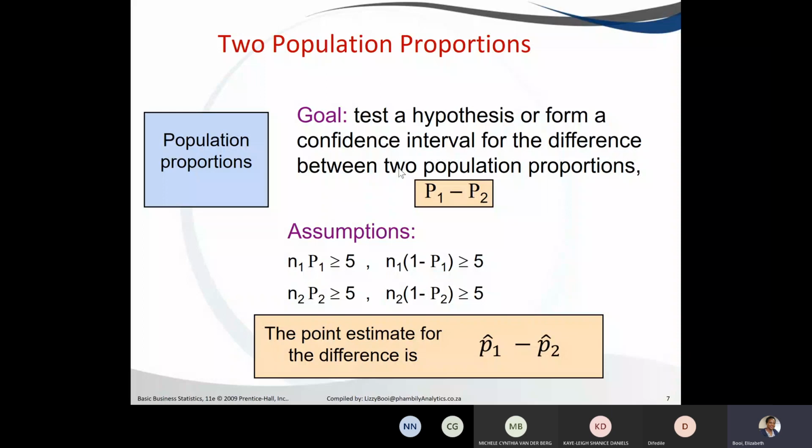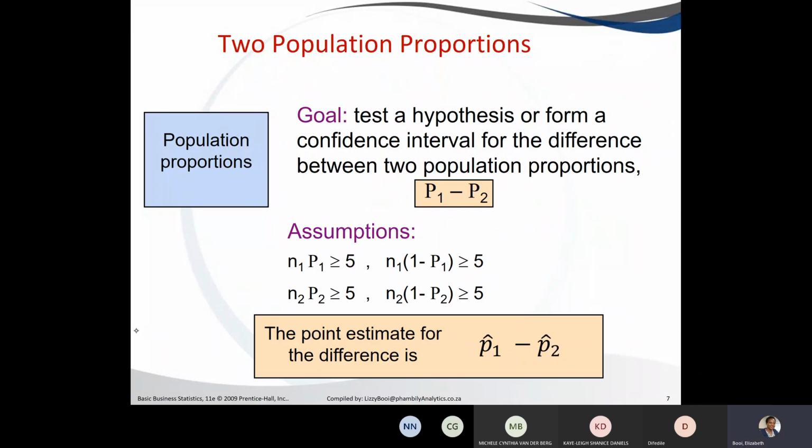The assumptions are that the sample sizes should be more than 5, and your variance should be more than 5 as well. And for the point estimate, which is the value we use to estimate our population proportion, we're going to be using P-hat, the difference between the sample proportions. And for our sample proportion, P1,